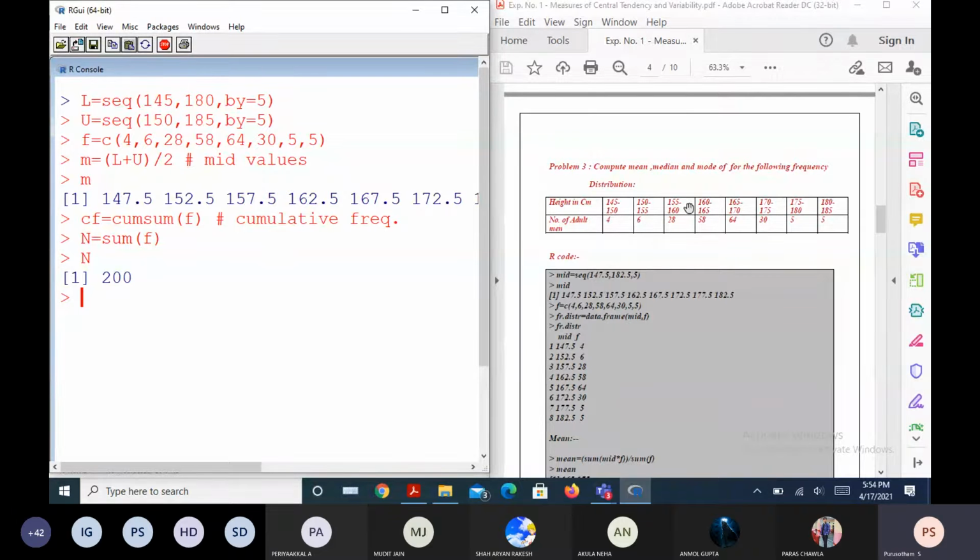Now let us create a data variable, say df, data dot frame. It contains the variables lower limit L, upper limit U, frequency F, then mid values M, then cumulative frequency CF.